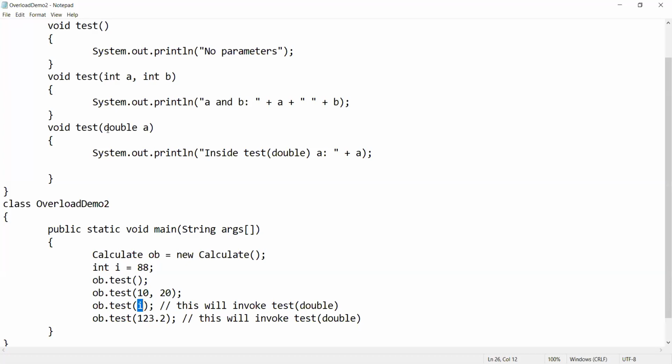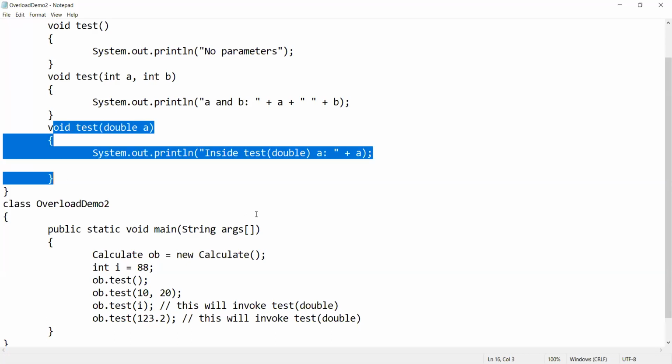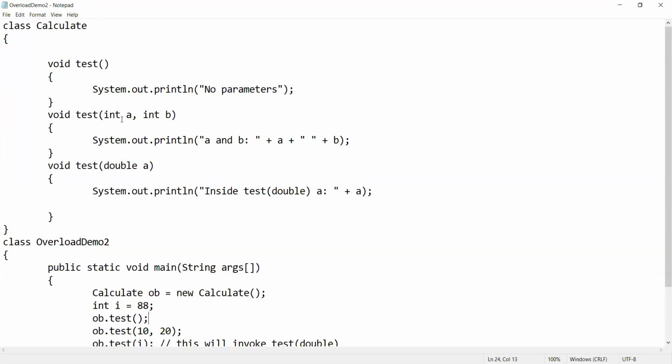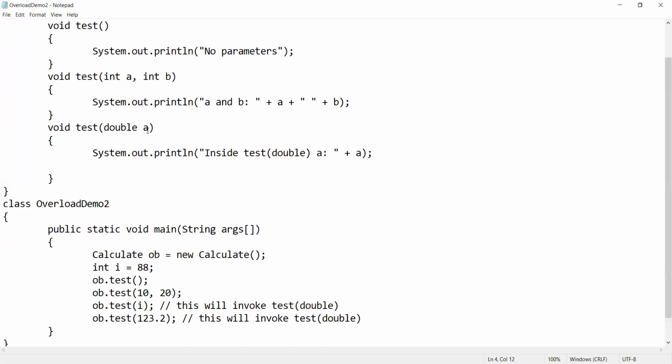So in Java, automatic type conversion happens, and this method will execute. That is the speciality. You see here int i is 88, but there is no method with a single integer argument. The only single-argument method available is the double one. So we pass an integer argument, but it is automatically converted and executed.